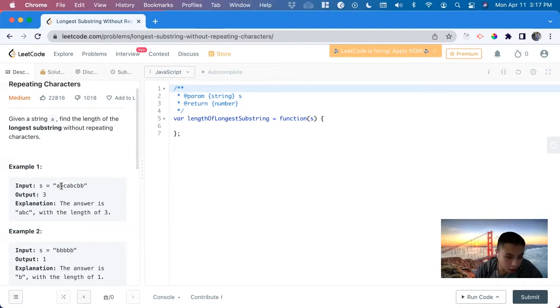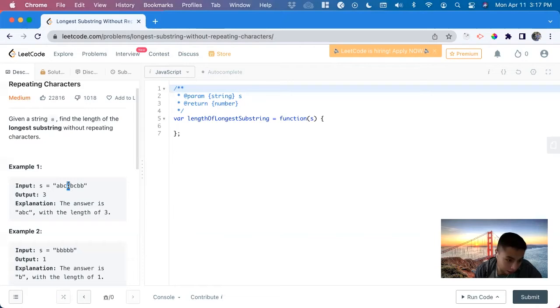And then we're going to create a map that has the character and then the index value where it occurs. So here we have A, and then we added A to our map, and it has an index of 0. And the left pointer is still 0. And then B has an index of 1,